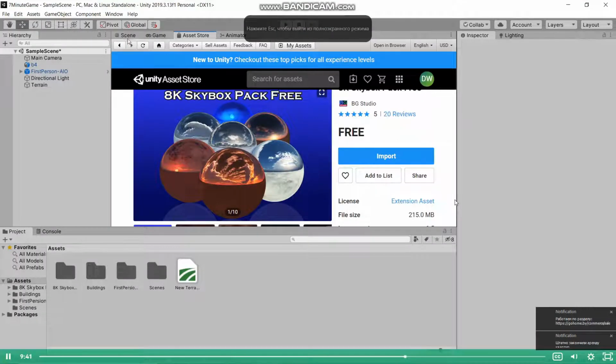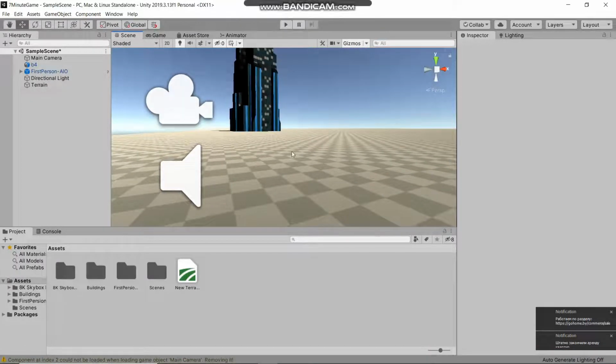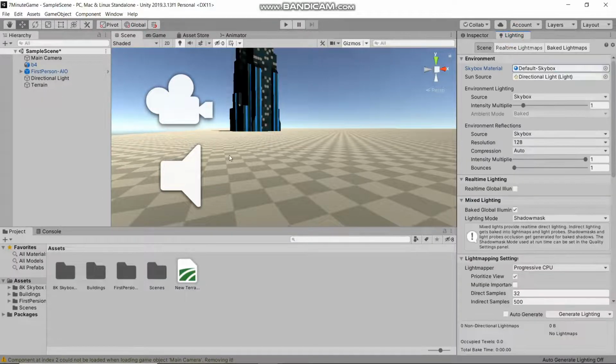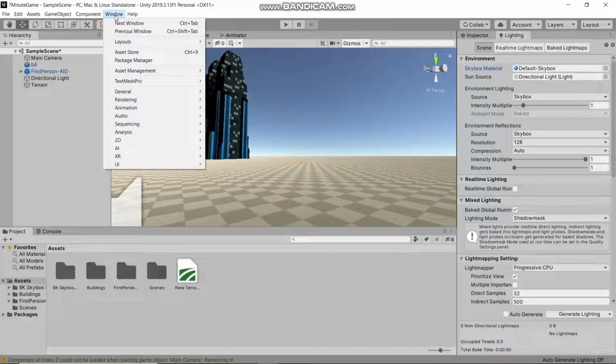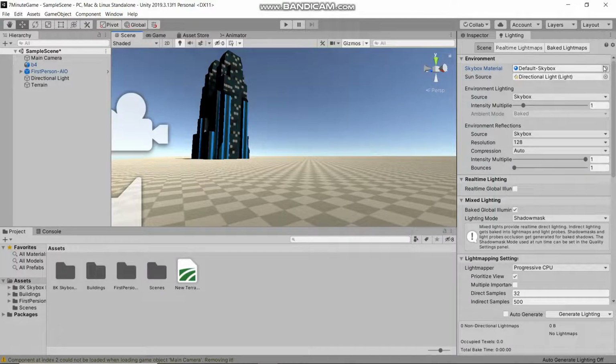That we can use to get rid of that ugly default Unity sky. If you don't know how to change the skybox, then don't be afraid to watch the Let's Dev Beginners module. I go over all that stuff, but I'm gonna change it out just to show you how, again, to start adding assets. If you go to the lighting tab, and you can grab it right here, actually, if you go to rendering under window and then go to lighting settings, and you can just click the little button here